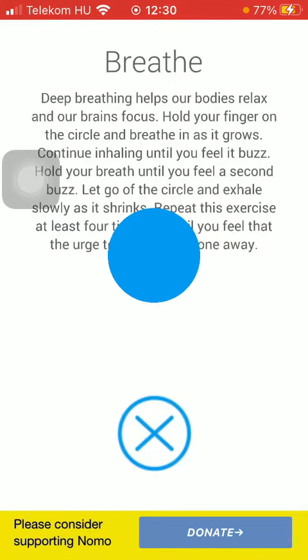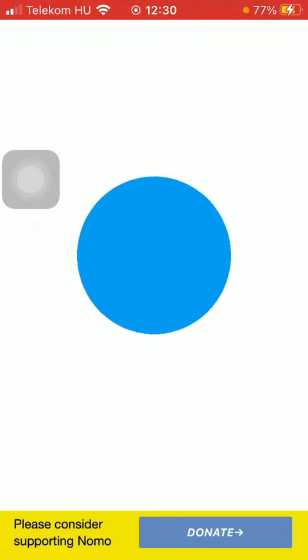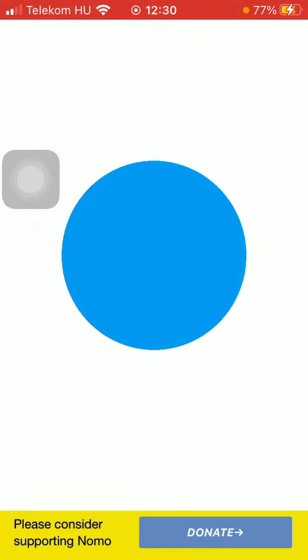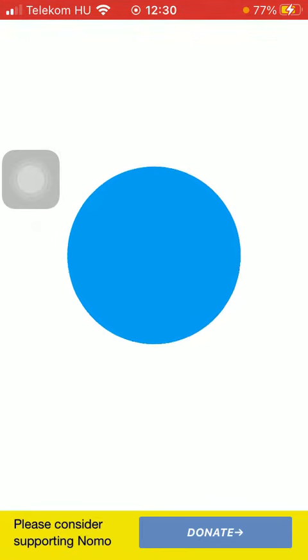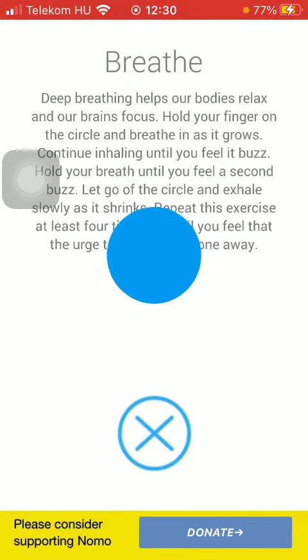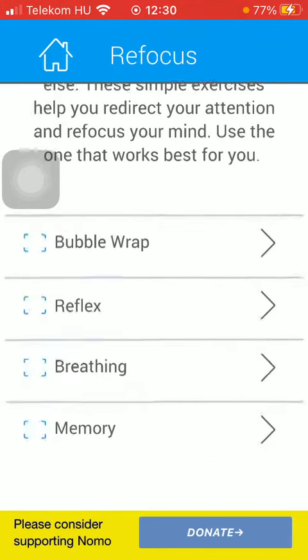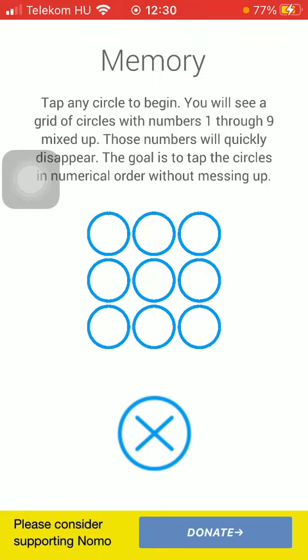Here you have the breathing exercise. So you should hold your finger on the circle and breathe in as it grows. If you are done, you should tap on the X button and you can try out the memory game, meaning